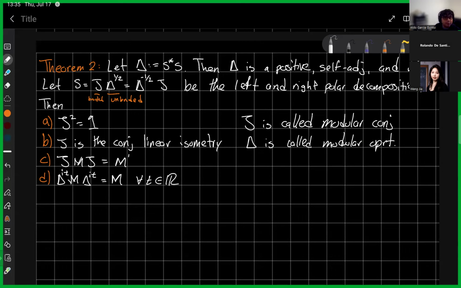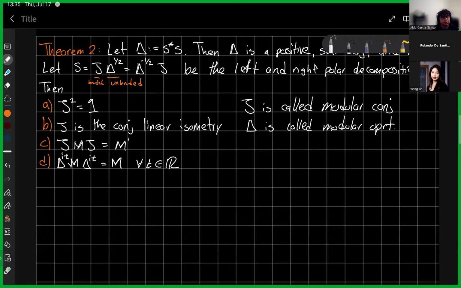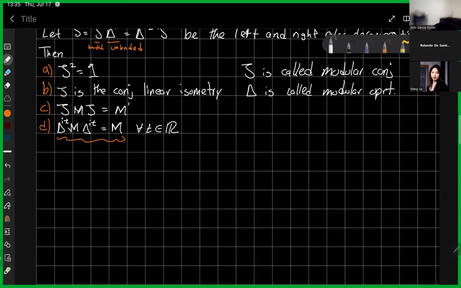Okay, let's see. Nice. So notice that we won't be able to prove this result. There is lots of work to be done because you're working with unbounded operators, so you have to be very careful. But we'll just take this as a fact and we'll work with it. In particular, one of the things that this allows us to do is to define an action on M. So for each t in R, we define